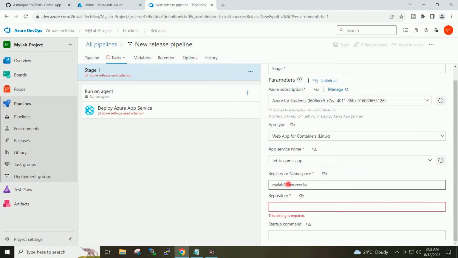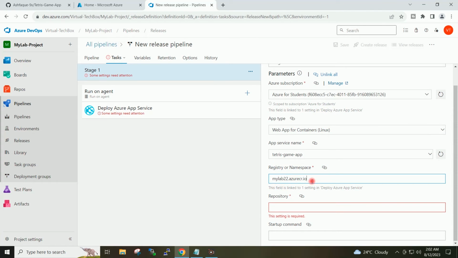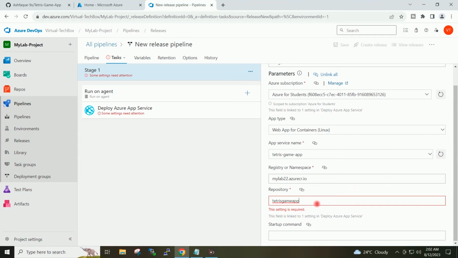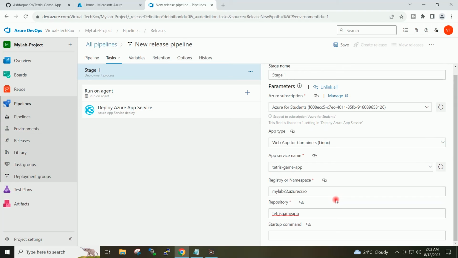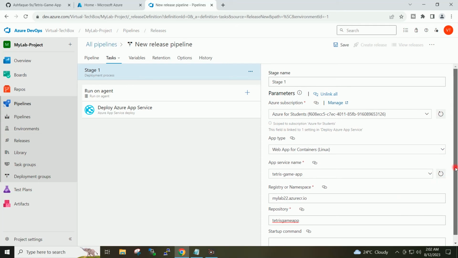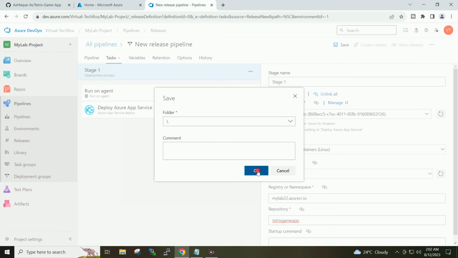This is my registry name, mylab22, and this is the registry server of the Azure, azurecr.io. Now I will provide here my repository name, Tetris game app. I will click here on save, OK,